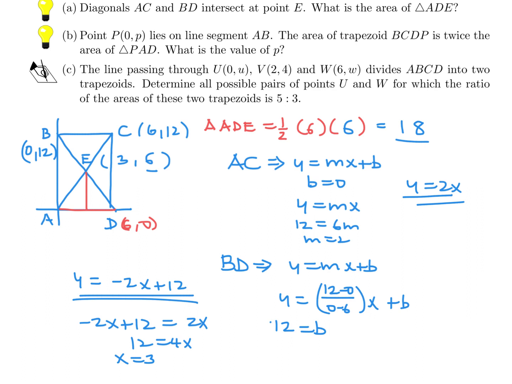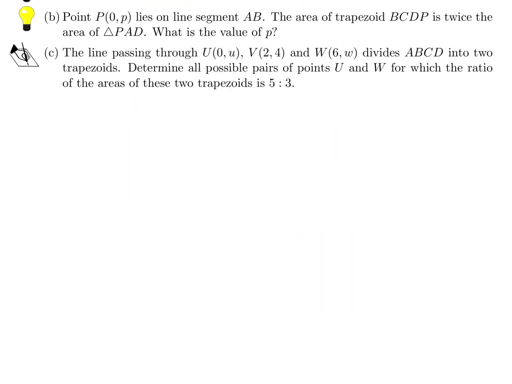Okay, next problem. Point P (0, P) lies on the segment AB. The area of the trapezoid BCDP is twice that of PAD. What is the value of P? All right. Let's make a diagram again. So let's see here. We've got,